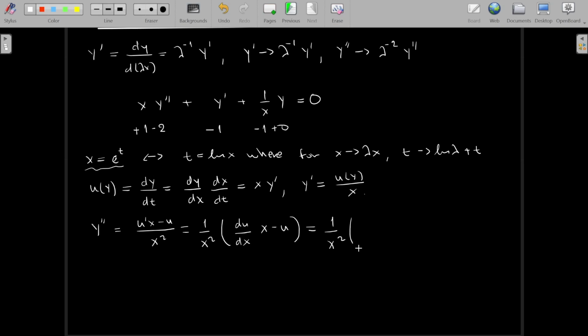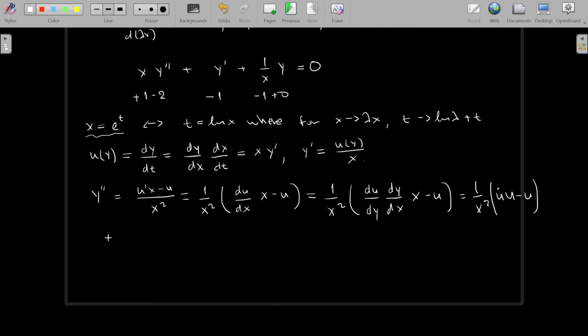a function of y. So we differentiate with respect to y, minus u, and finally du dy, you can denote it as dot, doesn't matter. Dy dx times x is this guy here, right? So it's just u minus u, and that's it. So the transformations, to sum it up,